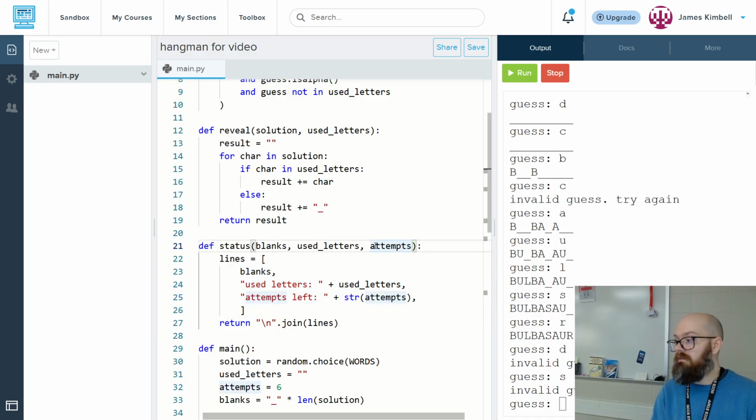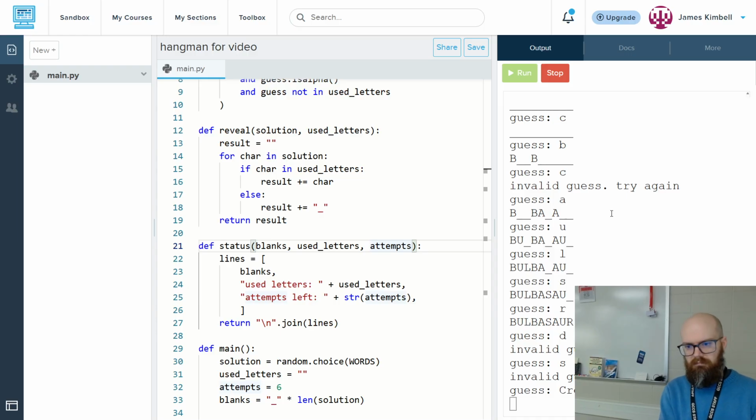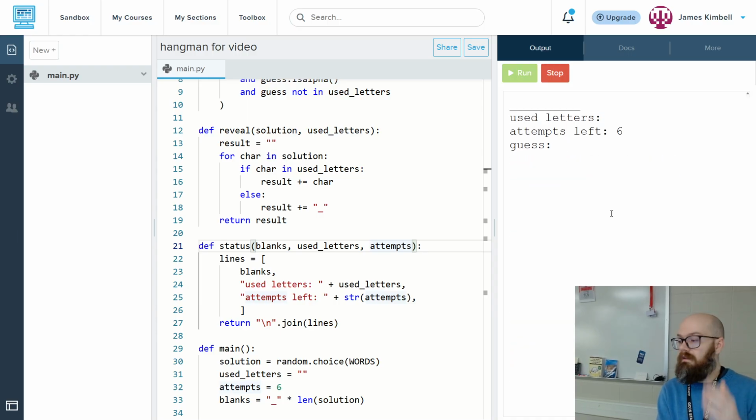Now there's a way we can do it later with something called f-strings, but we haven't covered that, so I'll do it the old-fashioned way here. Now let's try that, see what happens. We're going to get this even before we make a guess, which is great because we don't have to do a separate thing for an intro at the beginning unless we want to tell them the rules or whatever. And so let's say